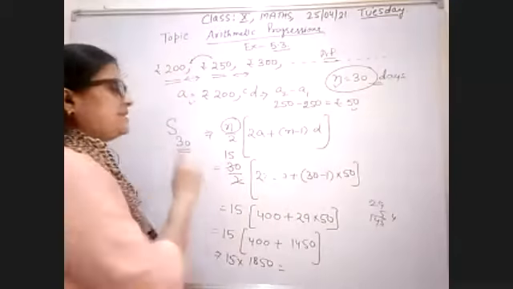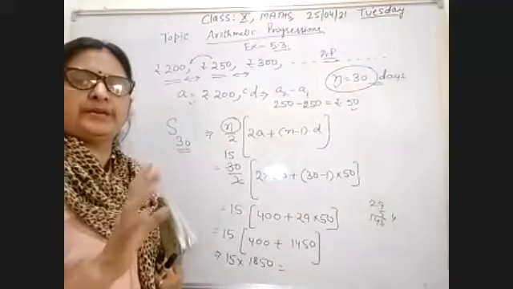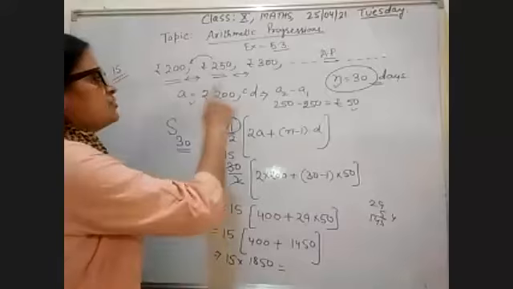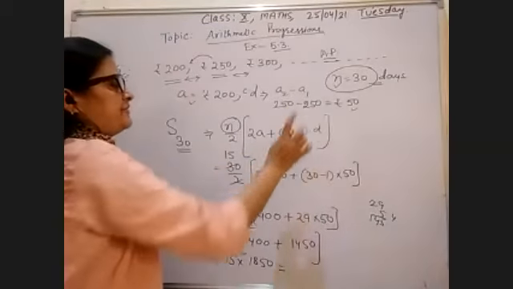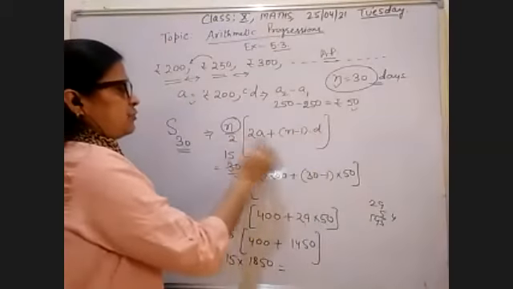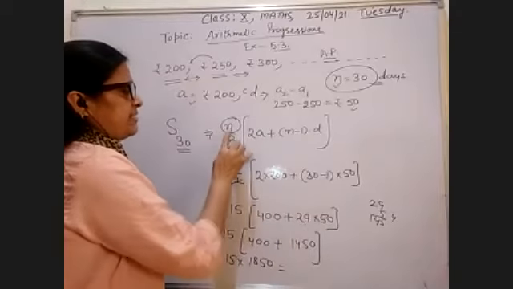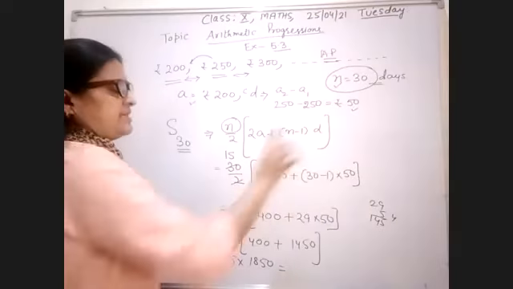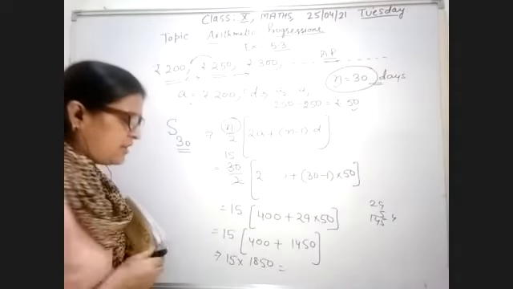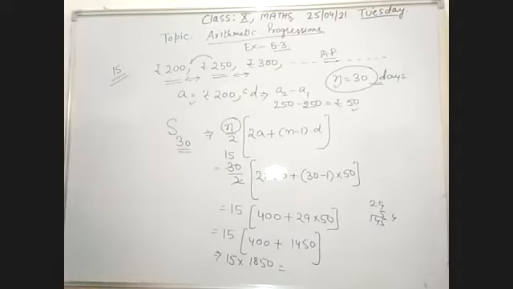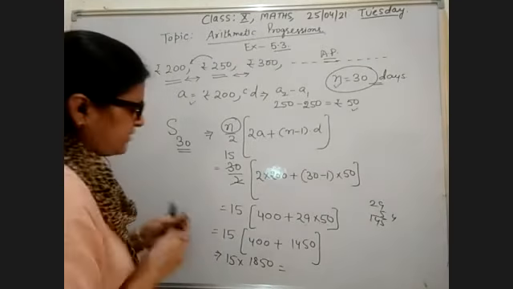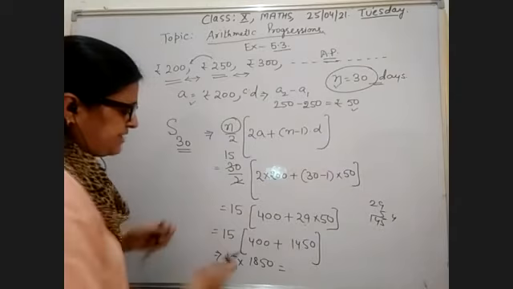How much penalty does the contractor have to pay for 30 days? In this question, the first term is 200 and the common difference is 50, and we put all the values in n by 2 times (2a plus (n minus 1) times d), and now we get the value by solving. Total penalty: when you multiply 1850 by 15,